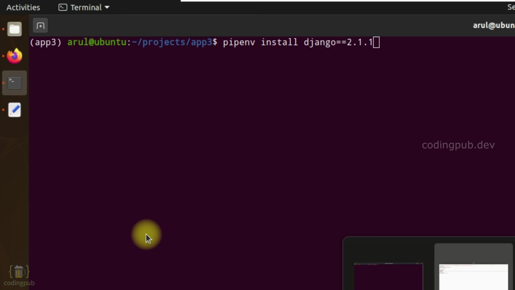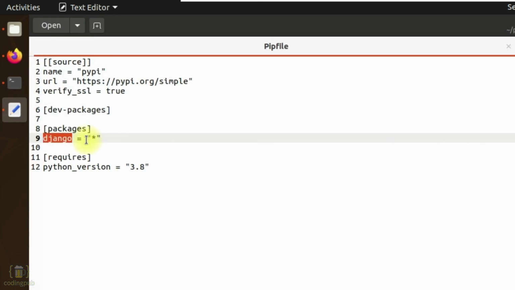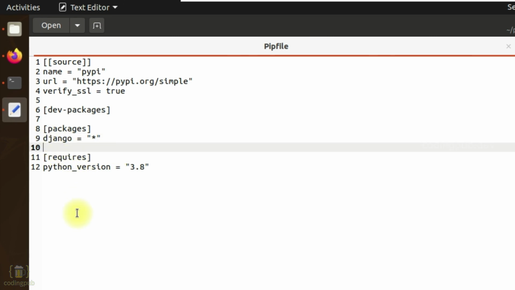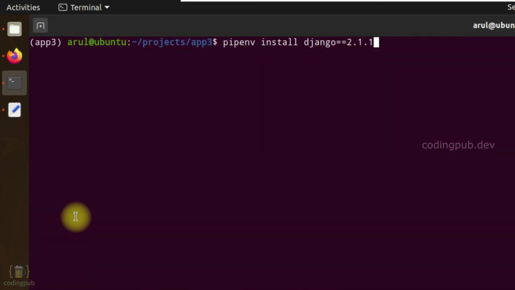Before doing that, let's take a look at the Pipfile again. As you can see, the version number is mentioned as star here. The star represents that the latest version of Django will always be installed. If we don't want that to happen, and we want to install a specific version always, we do it using this command: pipenv install Django==version number.